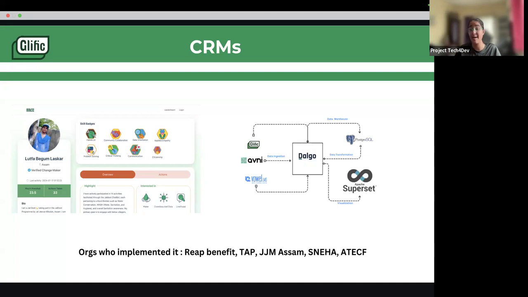One way which TAP is using it is they are using students' performance on the Glific platform versus their other data on the student that they are getting from schools. They are putting it in Dalgo, and now they have decided the levels of the student based on the performance of the student, or the data that they get from different places. And based on the levels of the children, they want to further send customized or personalized activities based on the level of the student, so that the chances of the student progressing and completing things is much higher. So this is another implementation.